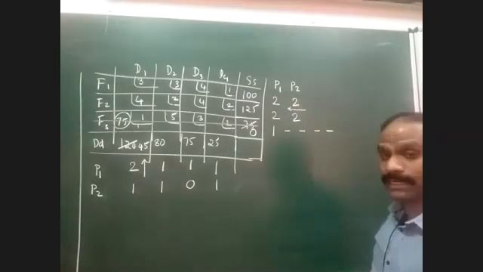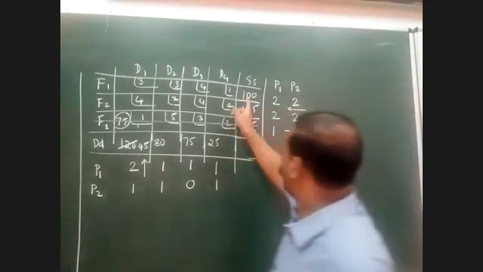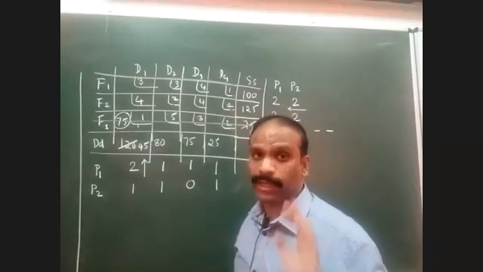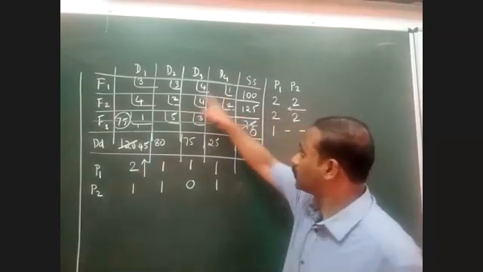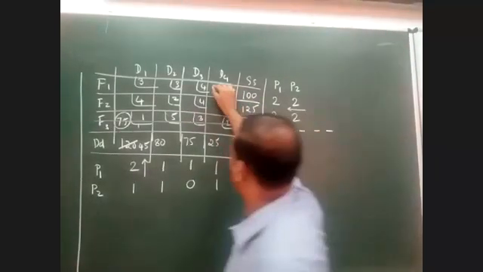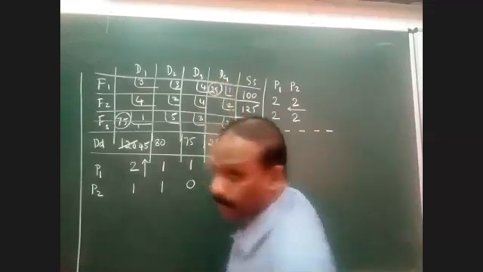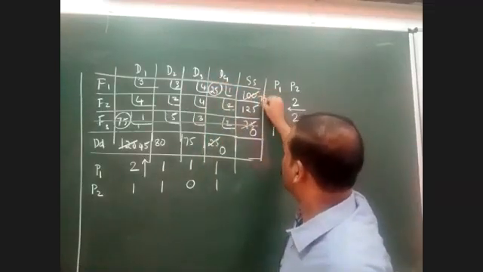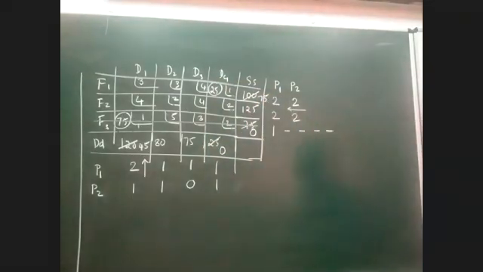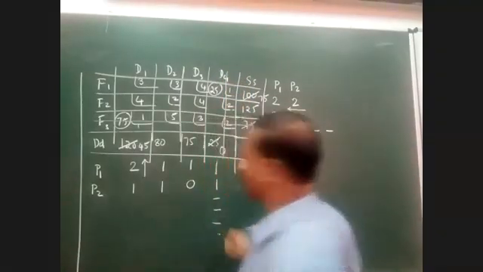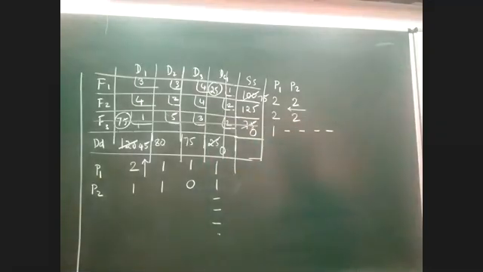If I'm selecting the first row for allocation, out of the 4 elements we have here, I'm supposed to make the allocation to the lowest value. The lowest value in the first row is 1. So 25 and 100 are there, so you can give 25. If I'm giving 25 here, then this becomes 0 and this becomes 75. We know that whichever row or column becomes 0, it has to be excluded from further allocation. Therefore, D4 is gone, so we don't have to do any calculations for D4.